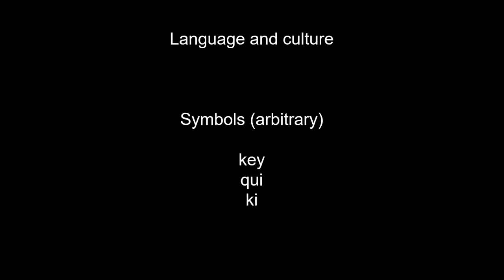Also, something that language has in common with culture more generally is that it's symbolic. Indeed, language is, by definition, a system of symbols. Symbols are simply things that stand in for something else, right? One of the most important characteristics of symbols is that they are arbitrary. What we mean by that is that there's no inherent meaning to the symbol used to represent a certain meaning in a certain language. It's arbitrarily assigned. It only carries meaning insofar as that meaning is recognized and agreed upon by the people speaking that language, okay?